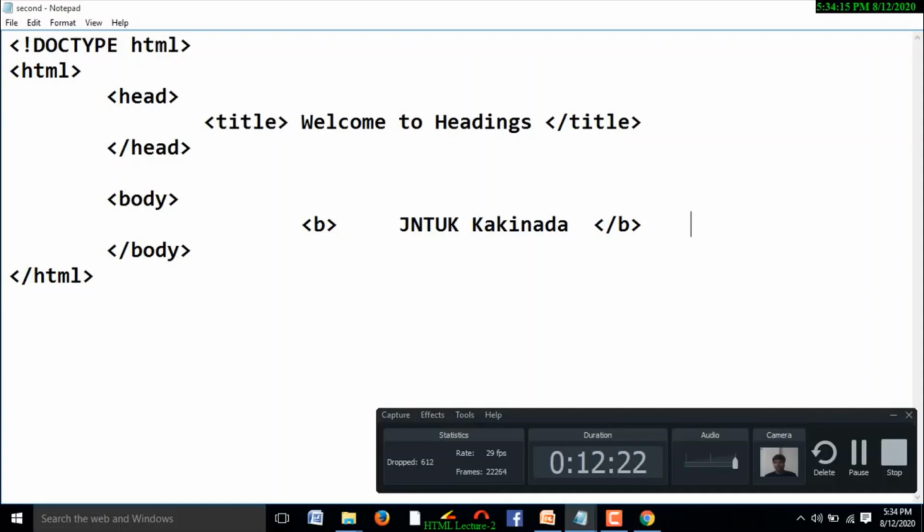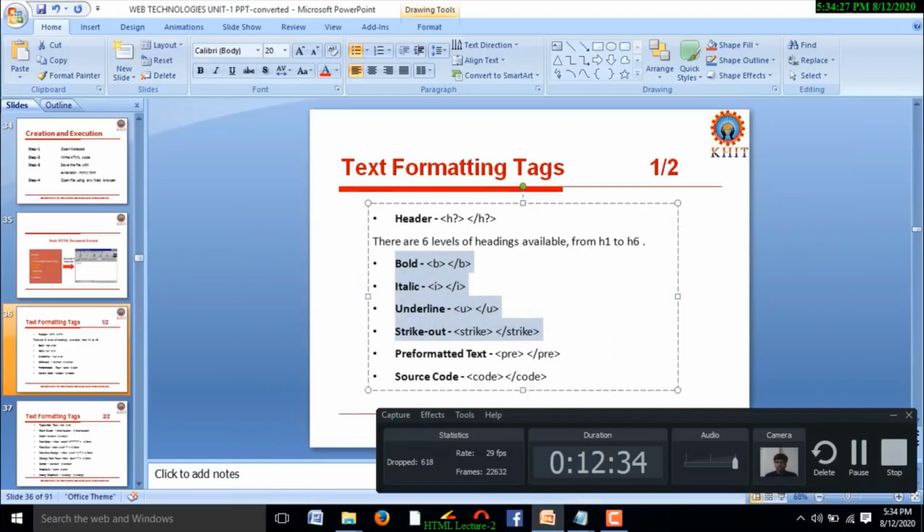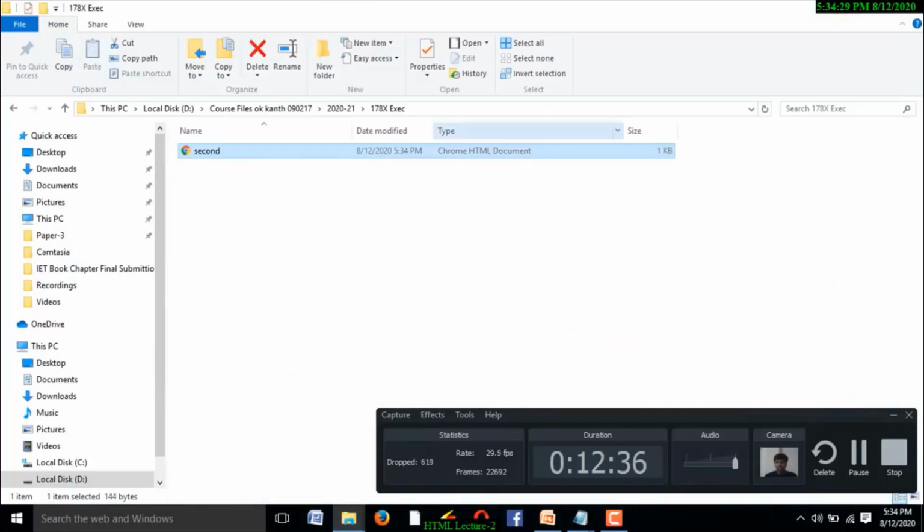And if I execute this file, I just saved this file and open the browser, open the file inside the browser. So just close it. Yes, what is the file name? Second.